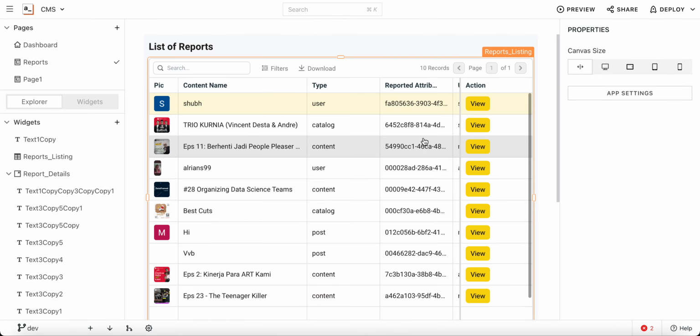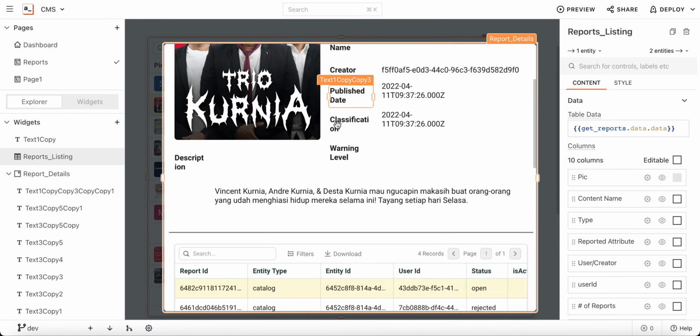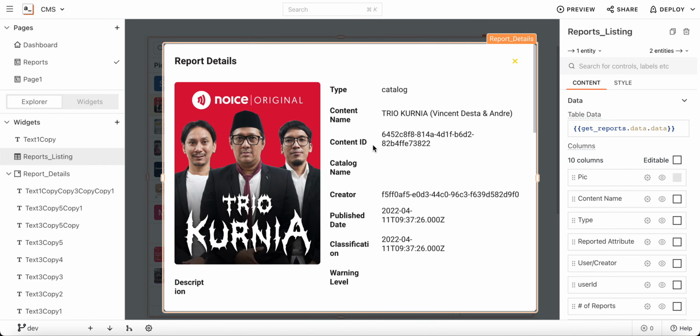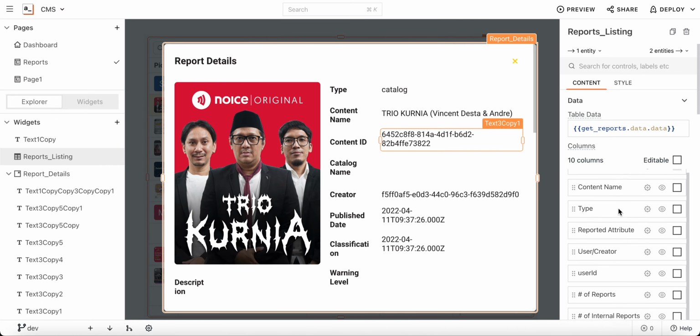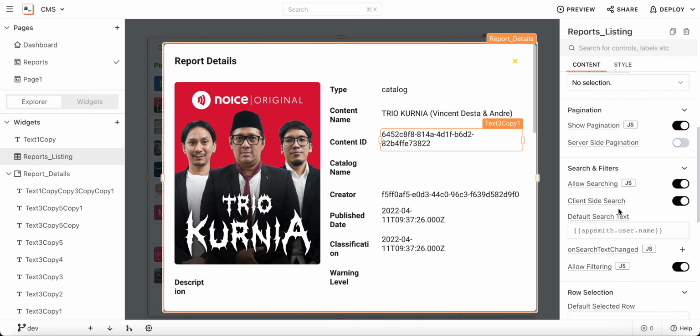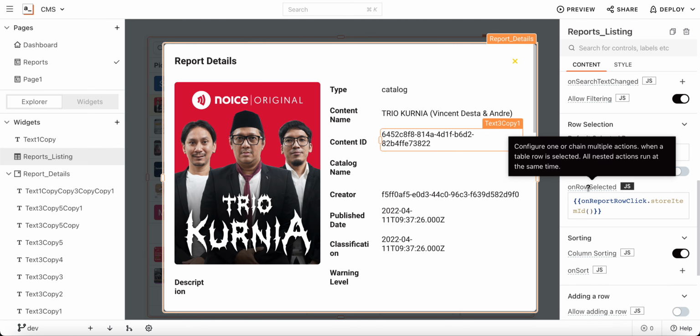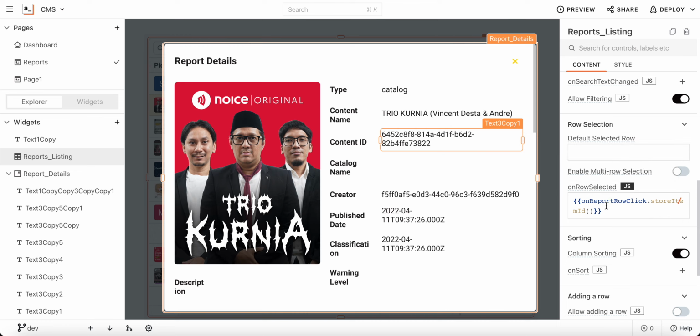how we created this modal. Now if I'm selecting any row, you are noticing the modal is opening. So how is this opening? In AppSmith we have the on row selected event. So what I did, on report row click dot store item, I actually created